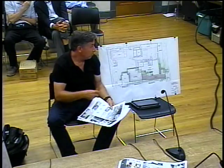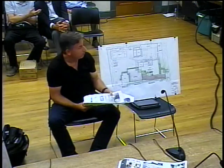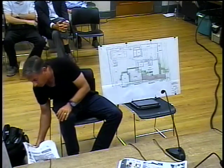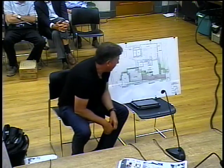Do we have a picture of what the wheel runs look like? Well, I have it just drafted on the drawing, but I don't have an actual image. Can you explain that in a little more detail, please? Yeah, so what we intended to do, look on the drawing, what we intended to do is